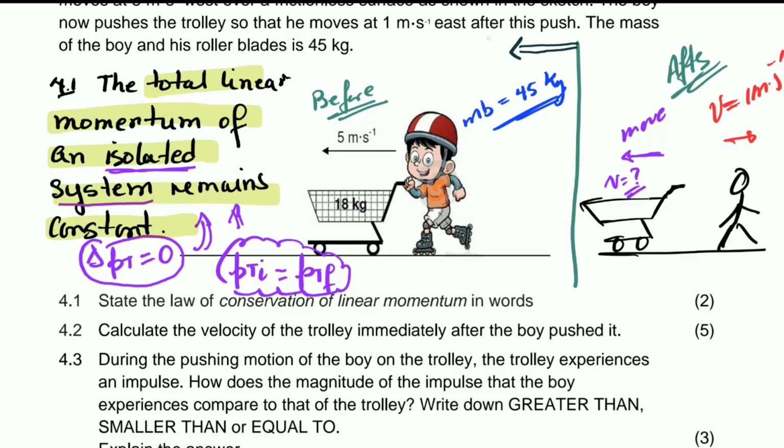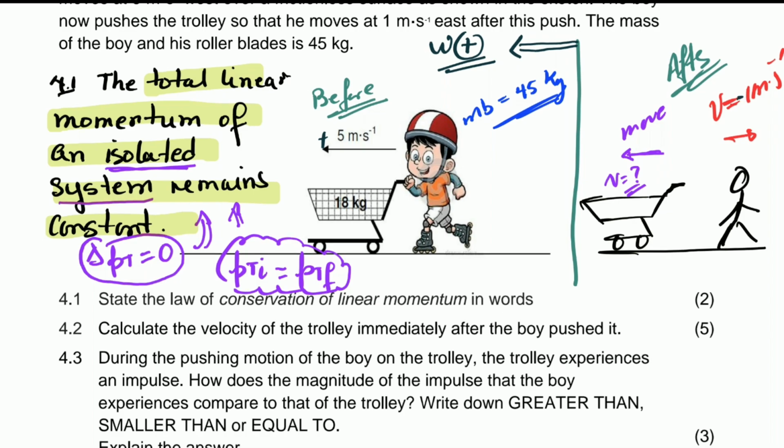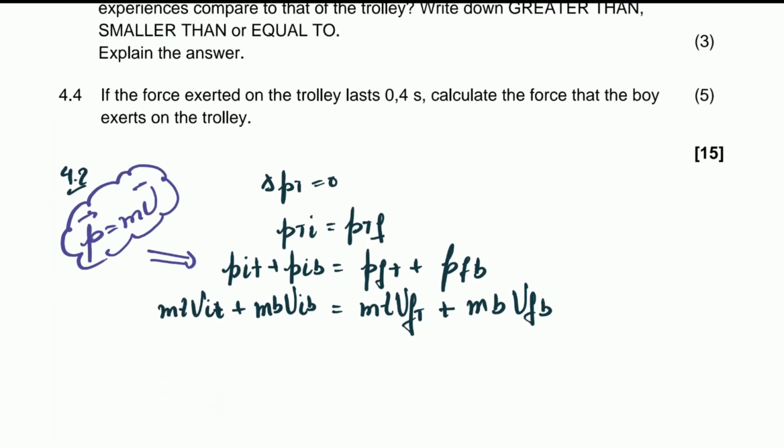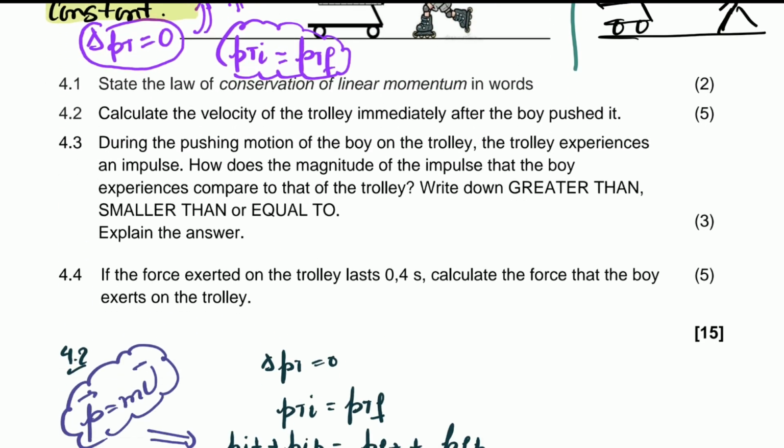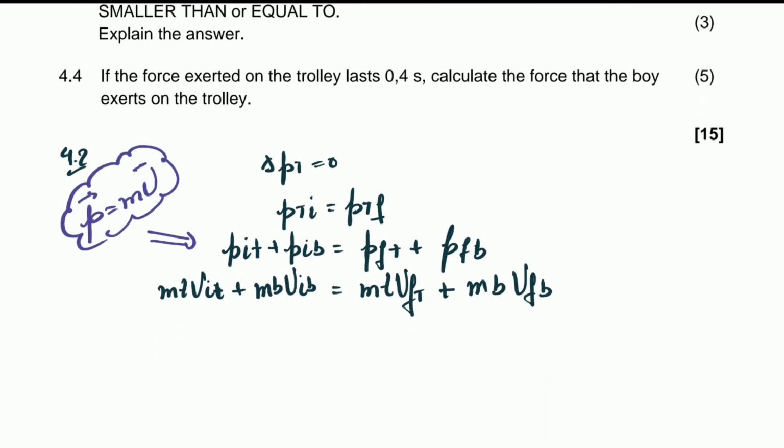So this direction here, which is west, is going to be the positive direction for us. All right, so the initial motion is going to be positive. The motion of the boy after he pushes is going to be -1. So be careful when you substitute there. So we are going to substitute everything we have for the trolley, which is 18